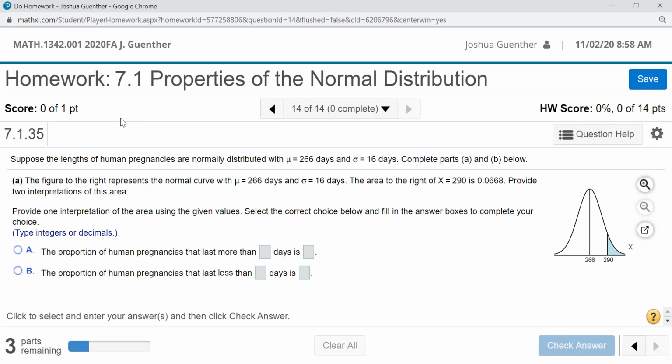Why? Well, suppose the lengths of human pregnancies are normally distributed with a mean of 266 days and a standard deviation of 16 days. So that's kind of interesting. The average pregnancy lasts about 266 days, but not every single pregnancy is going to be exactly 266. But it's also very unlikely you're going to get a pregnancy that's way far away from 266. It's possible, but it's just not likely. So there's a few things we can say. If the standard deviation is 16 days,